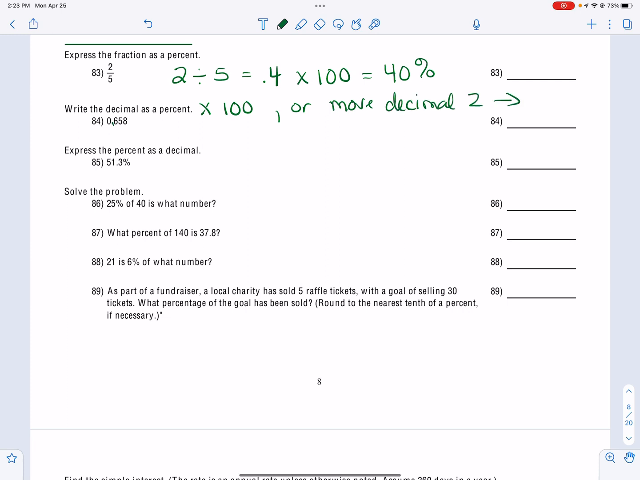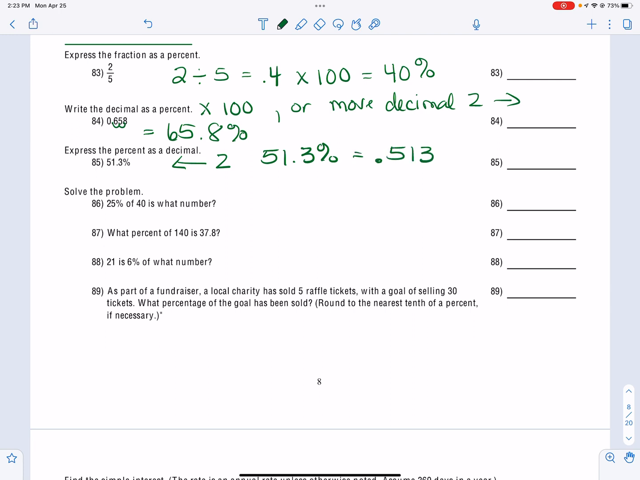So I would just come over here and that would become 65.8%. Writing a percent as a decimal, you will drop the percent sign and move your decimal 2 places to the left. So 51.3% becomes